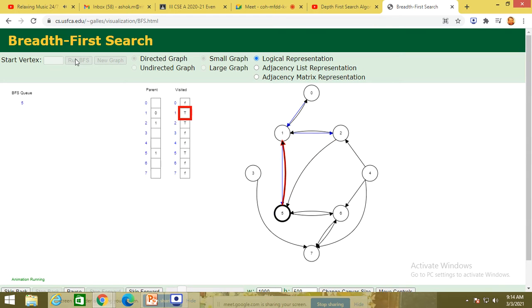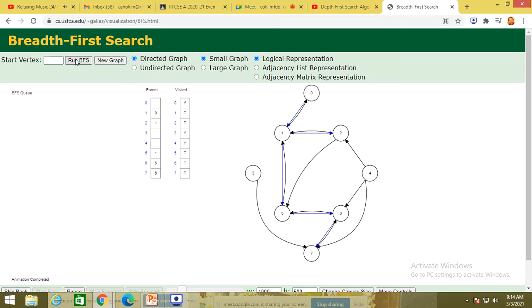BFS is using the data structure Queue. I'm going to start from 0.